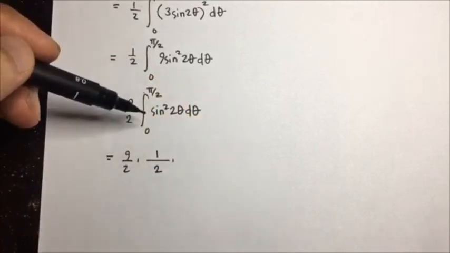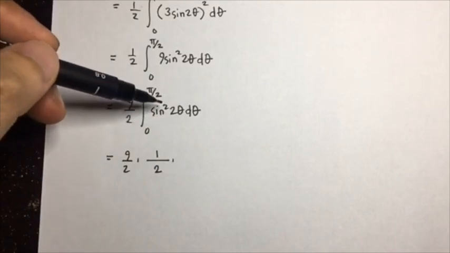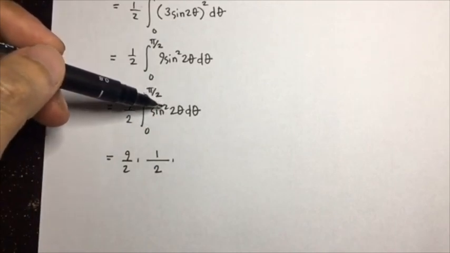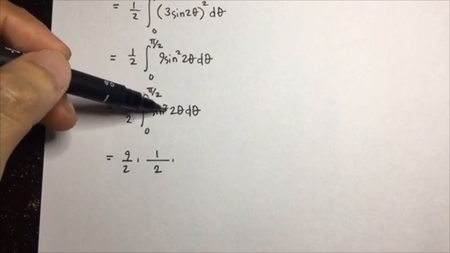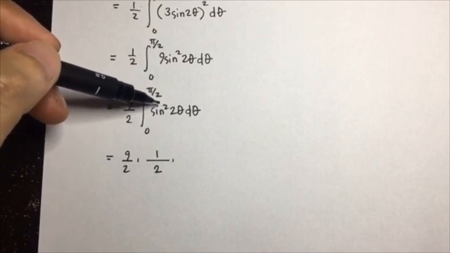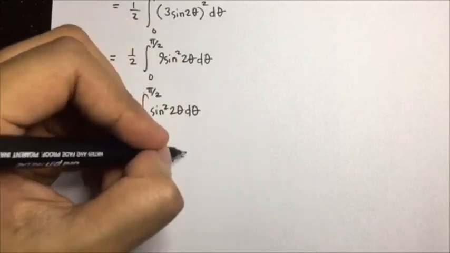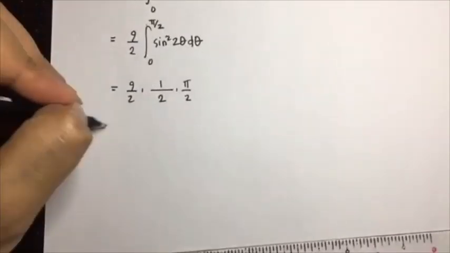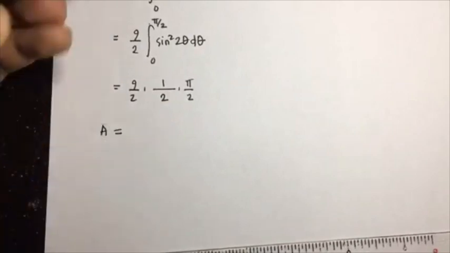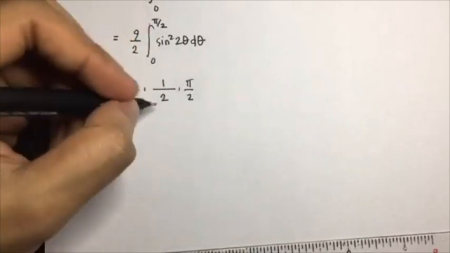Since the exponent is even, our alpha is equal to pi over 2. Therefore our area is equal to 9 over 8 pi